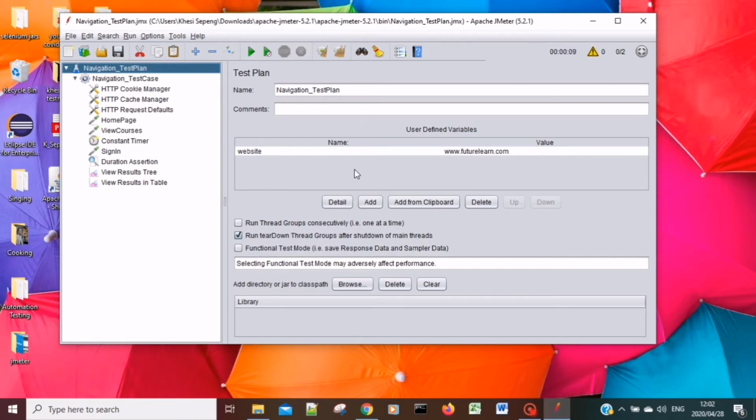So recap: your thread plan is your test suite, your thread group is your test case, and your thread is your users. Okay, and this is basically how you create your load, and how you actually test your